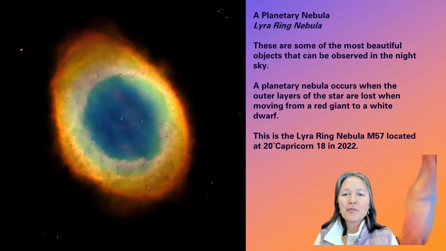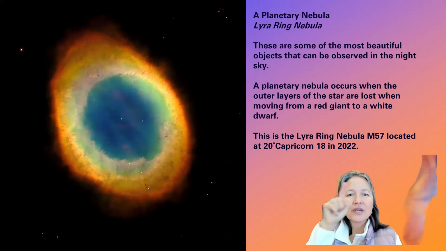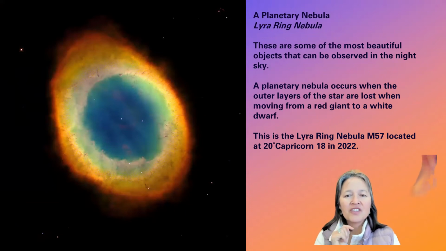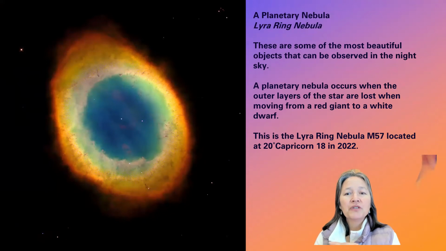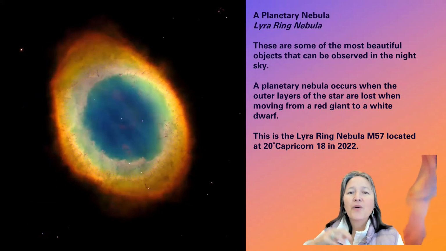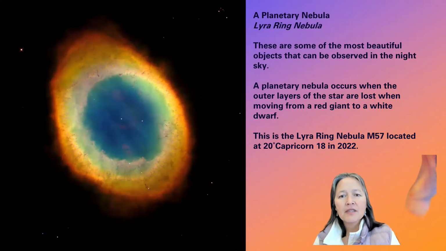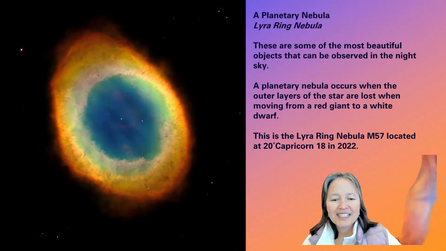Now here's where we're going to be talking about planetary nebula. And this is where we bring in the word ring. And you can see why it's a ring, because it looks like a ring, right? With something in the center. And if you just Google, show me the most beautiful ring nebulas, this is where you're going to start seeing the most beautiful, like butterfly or these other incredible nebula. This one here, this picture is Lyra, and I'm bringing it up because it's in the calculator. So the Lyra Ring Nebula, most beautiful objects to behold in our night sky. It's known as, in science, M57. So here we go.